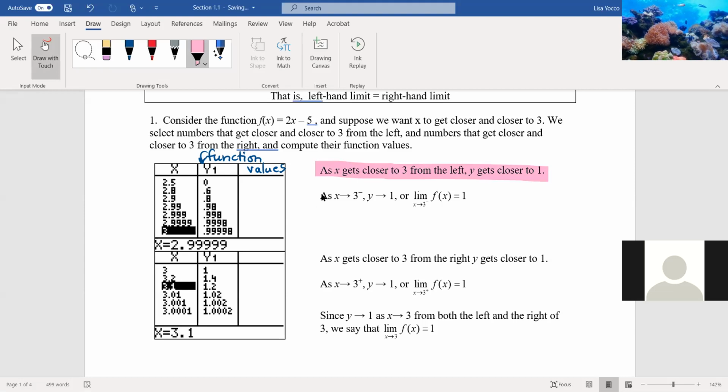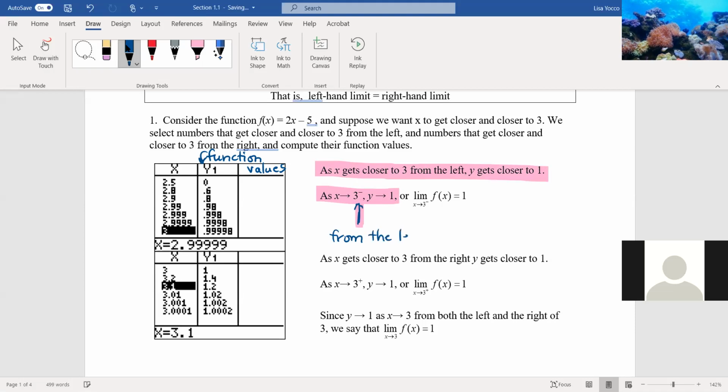Here's another way to write that. In symbols, same thing. As x approaches 3 from the left, so that little negative sign up there, that means from the left. So as x approaches 3 from the left, y approaches 1, and writing it using limit form,